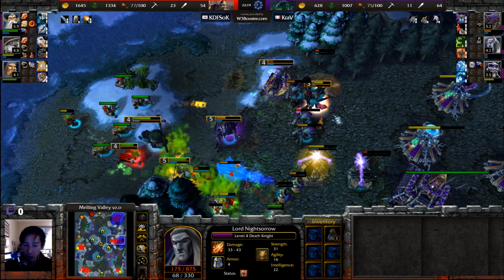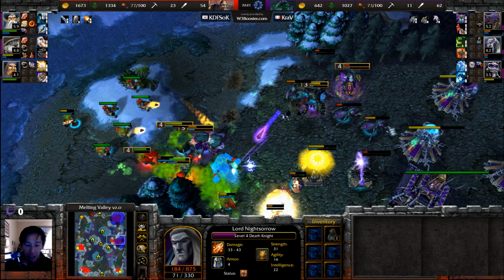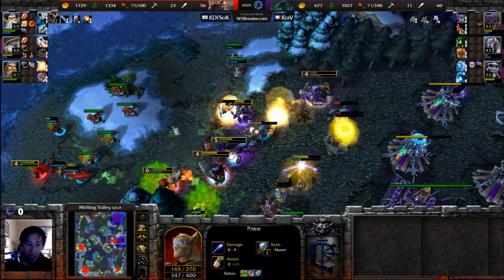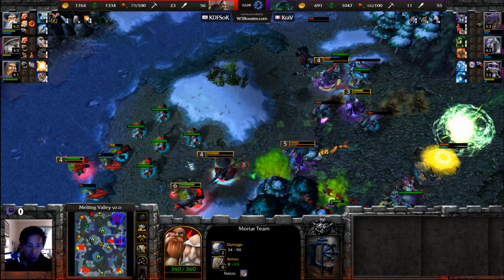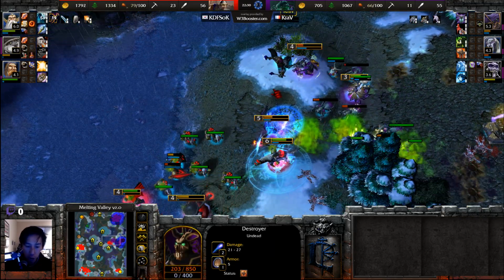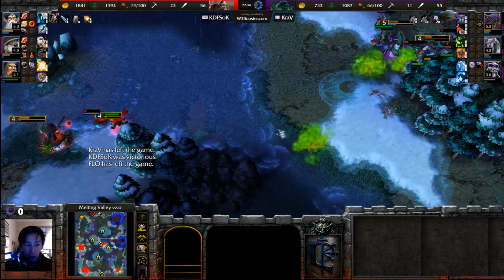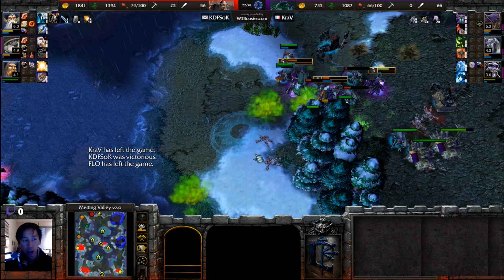this game. Holy Light, however, saves that Paladin right there, as the Death Knight could try to get off a Death Coil onto some of those Destroyers and then deal with the mortar teams, as the Destroyer is really the counter right there. Mass Teleport underway, and with Mass Teleport underway and the Archmage getting up to level 6, KraV throws in the